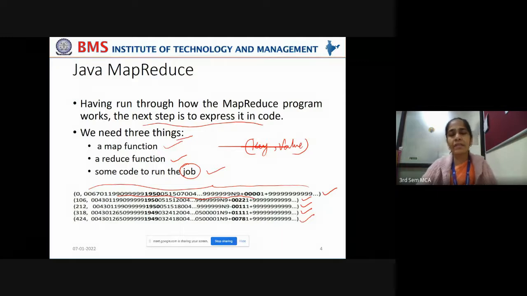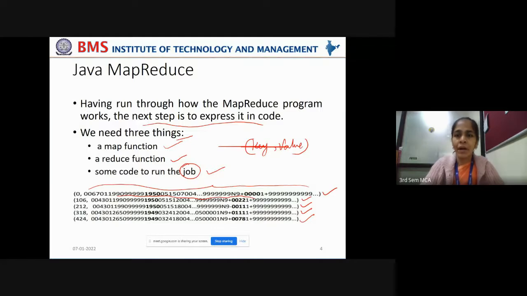Understand this sequence carefully. The raw data is transformed into key value pairs and given as input to the map phase. The map phase works on these key value pairs and gives key value pairs as input to the reduce phase.